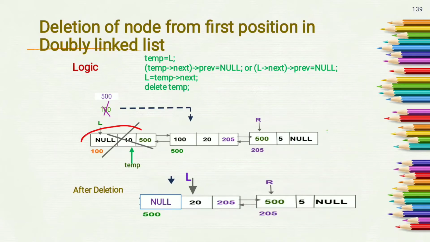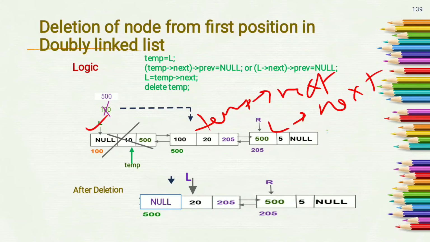After deletion of this node, this will become the first node of the doubly linked list. So in previous pointer of this node we have to place null. For that we have to find the name of this node. As the name of the first node is temp, or you can say the name of this node is L, and name of the last node is R, because these pointers are storing the address of that node. So the address of this node is stored by temp next. The name of this node is temp next or L next,